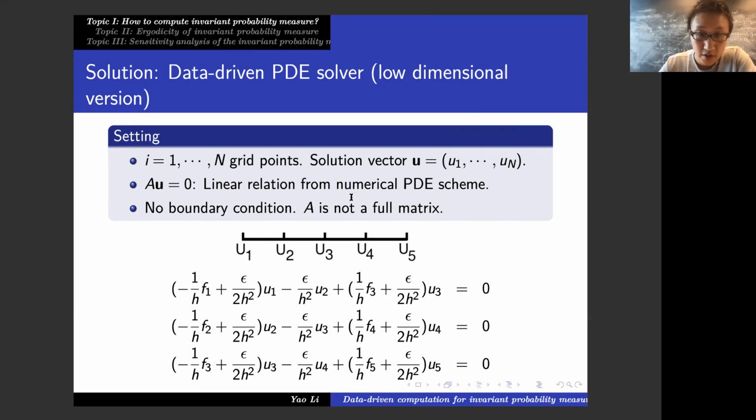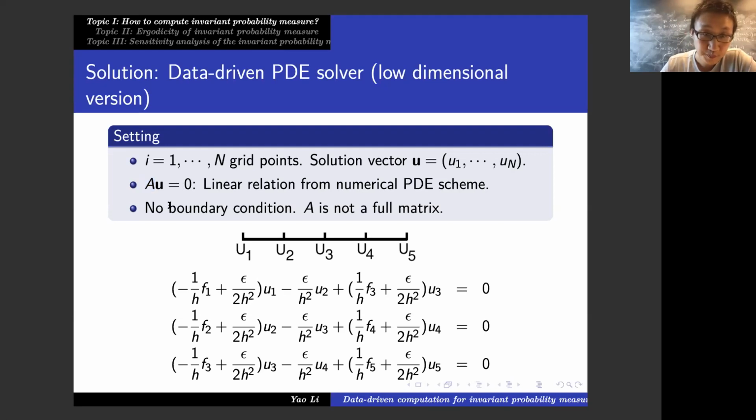So let's just take the spatial discretization of this operator, and you just throw away all of the boundary conditions, and also you only discretize it at the interior grid points. For example, if I have 5 points, then I only find the discretization of the center 3. Then we have a linear constraint. I call it AU equals 0. This A is the discretized Fokker-Planck operator,